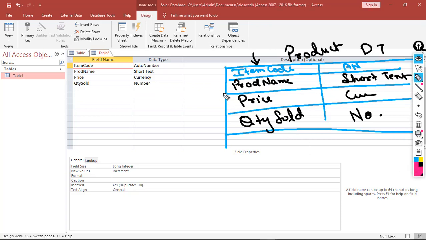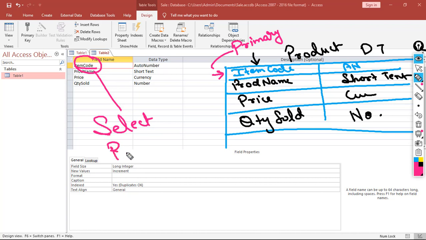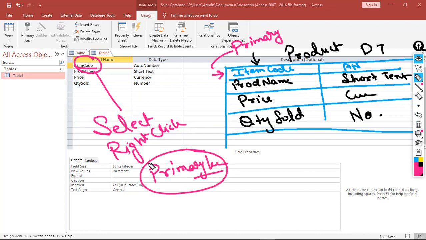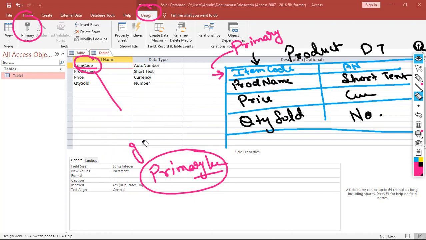अब वहाँ पर एक इंपॉर्टेंट चीज़ हम लोगों ने बता रखी थी कि इस वाली फील्ड को हम लोगों को प्राइमरी बनाना था यहाँ पे. तो क्या करेंगे भाई, ये हम लोगों का आइटम कोड लिखा है, सिंपल सी स्टेप्स में बता देता हूँ एक बारी. पहले सिलेक्ट करेंगे, राइट क्लिक करेंगे और प्राइमरी की पे क्लिक कर देंगे, पहला ऑप्शन. सेकेंड ऑप्शन क्लिक करेंगे, डिज़ाइन टैब में जाएंगे, प्राइमरी की को सिलेक्ट करेंगे. तो दोनों में से कोई भी ऑप्शन यूज कर सकते हो आप, डिपेंड्स ऑन यू टोटली.